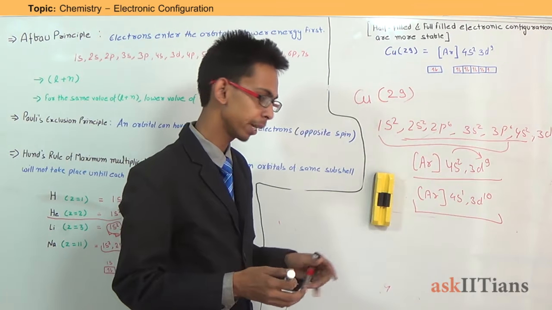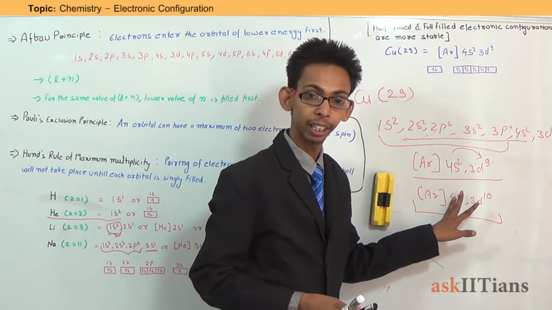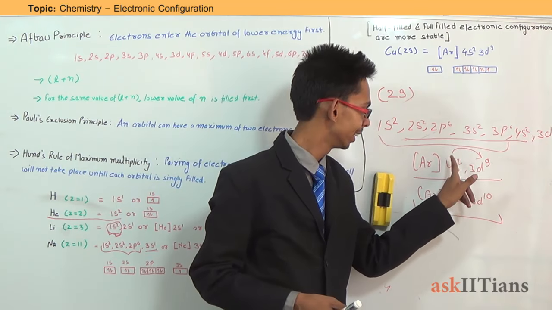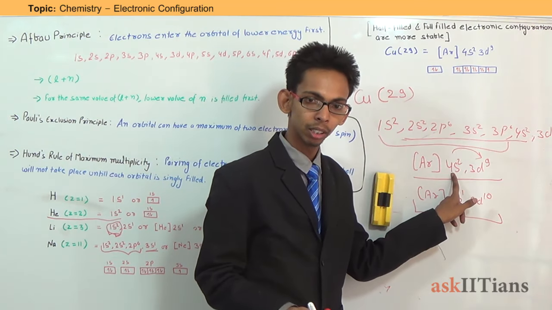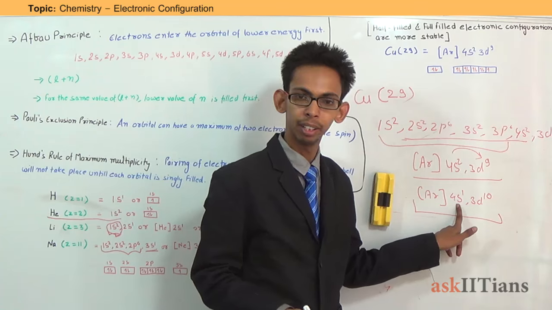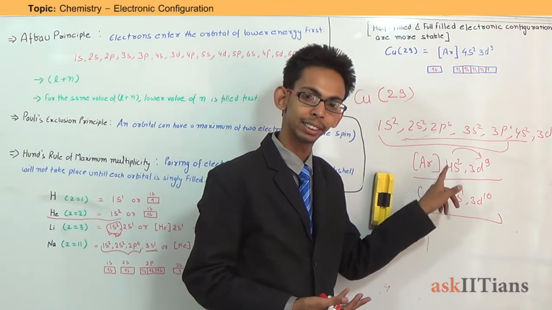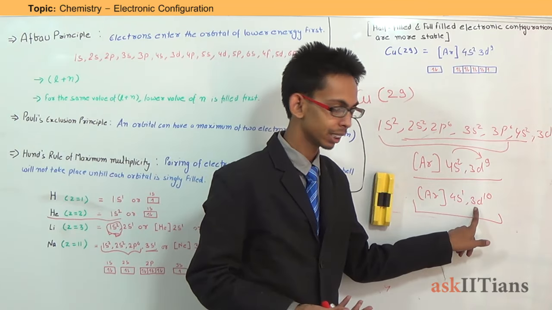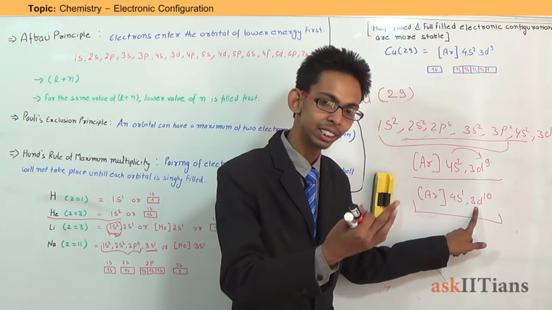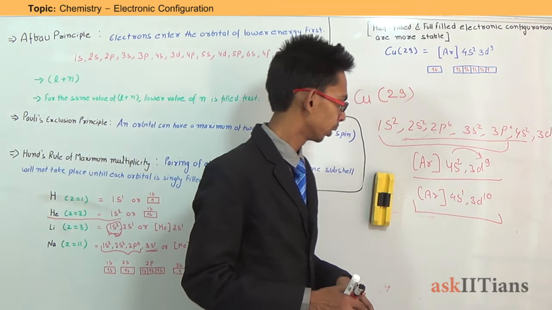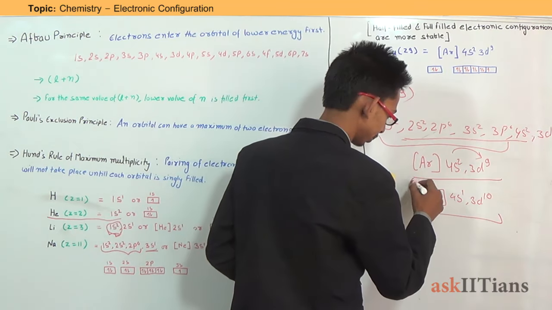The number of electrons is the same, 29 and 29, but just one electron gets transferred. The s orbital remains stable, but now the stability of the d orbital gets increased because of full filling. So this was an exception